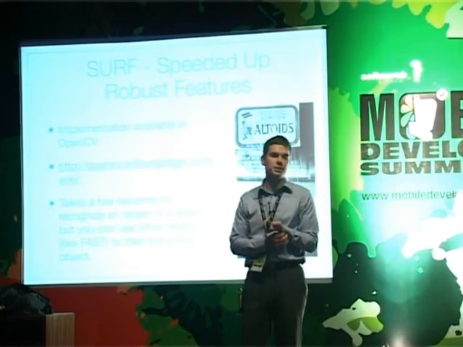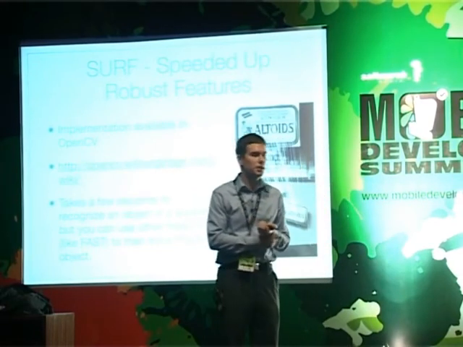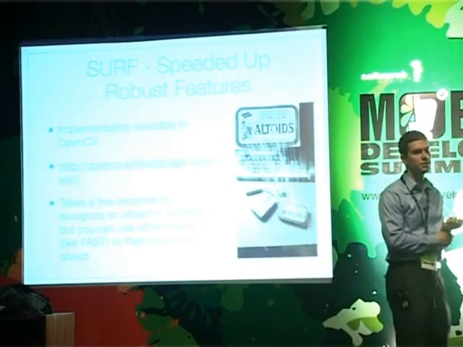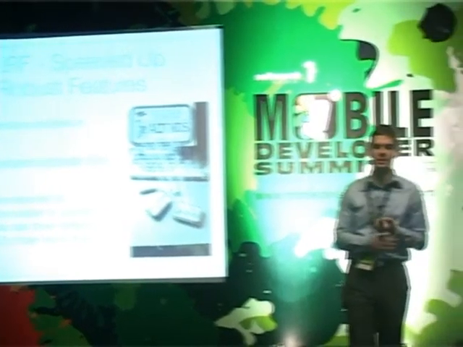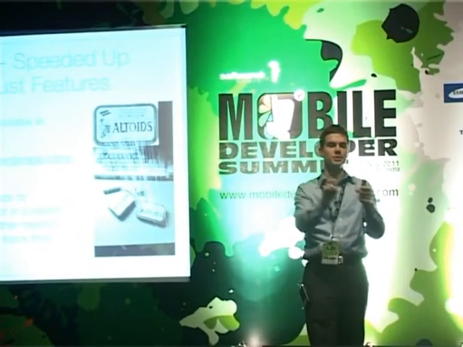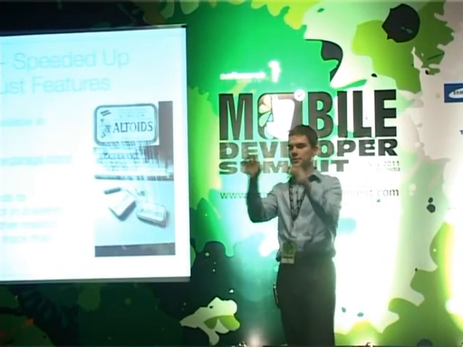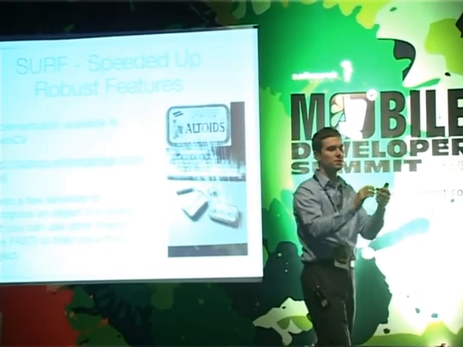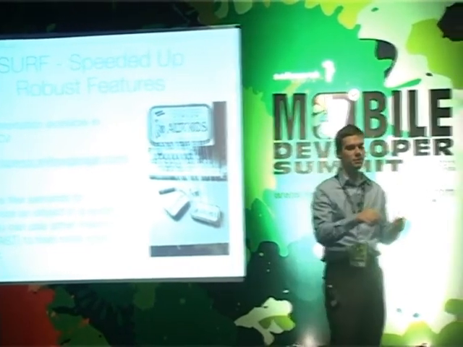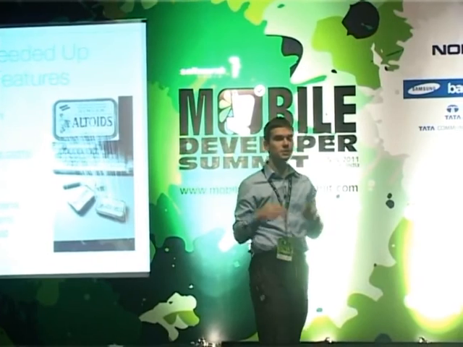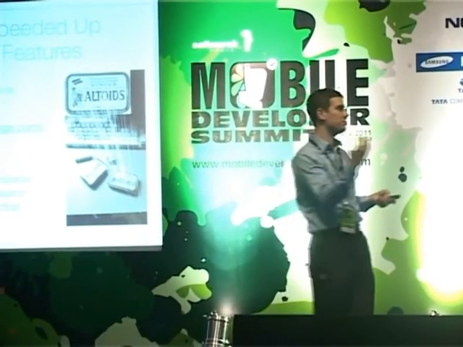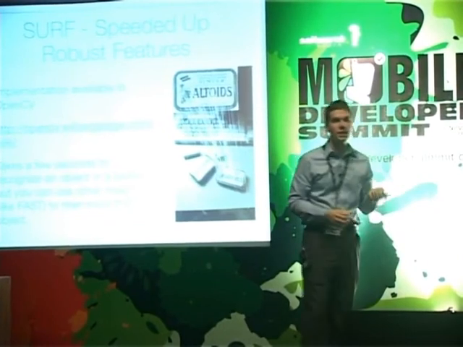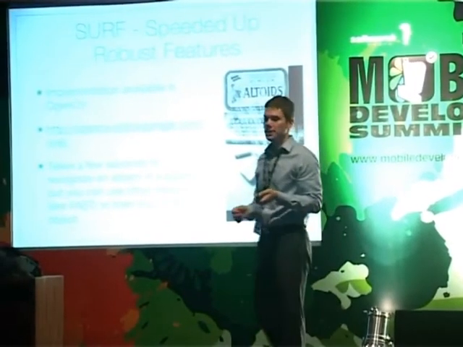Now SURF is called speeded up robust features. What that's doing is feature detection. So this is a little bit different from edge detection. What it's doing is it's taking little circles and placing those circles over the top of an image. And as it grabs those circles, it sort of averages out the colors and figures out the shape of the image, and it makes a sort of database of the features that are within that image. There's an implementation available in OpenCV,